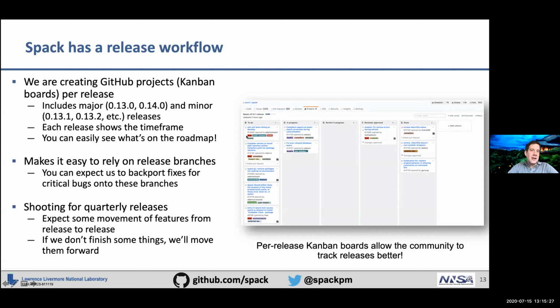And essentially, if we have major features or things that need to get implemented for particular releases, we put them in a project board per release. So we're doing major releases, which are things like 0.13, 0.14, and so on. And we put big features into those, and we also have point releases, but each one gets a board. And it makes it easy to